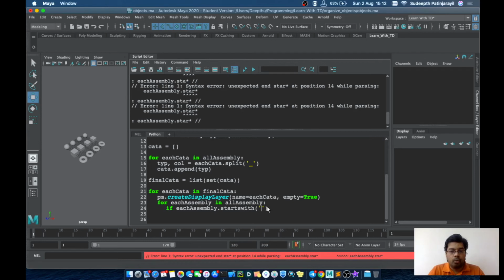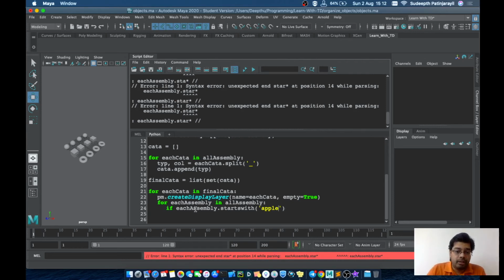We can say apple, for example. If you take all these assemblies as fruits, each assembly name will be like apple, oranges, and so on, so the first item is apple underscore something.